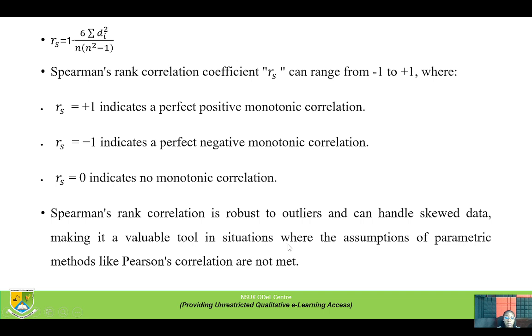This makes it a valuable tool in situations where the assumptions of parametric methods like Pearson's correlation are not met. Yes, it kind of covers the inadequacies of the Pearson's correlation coefficient,